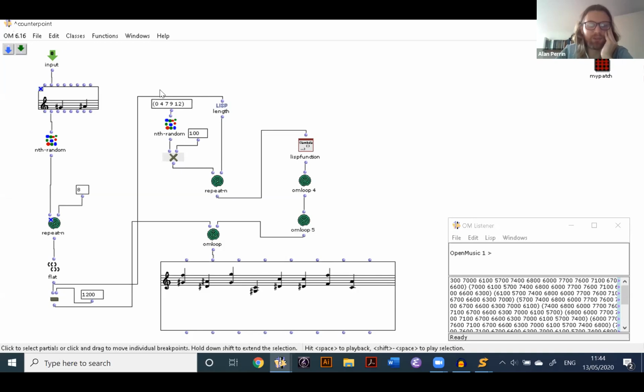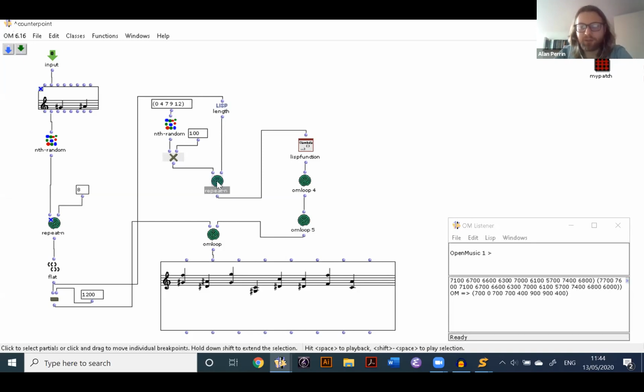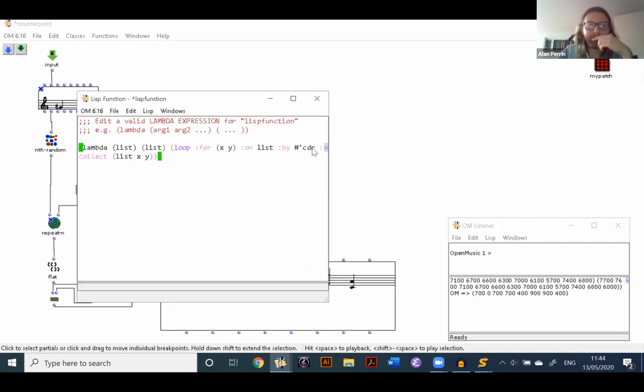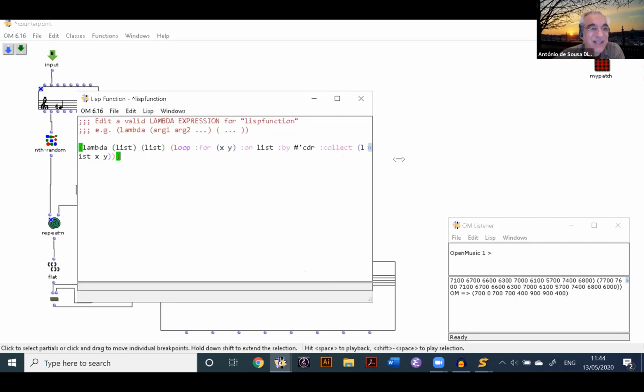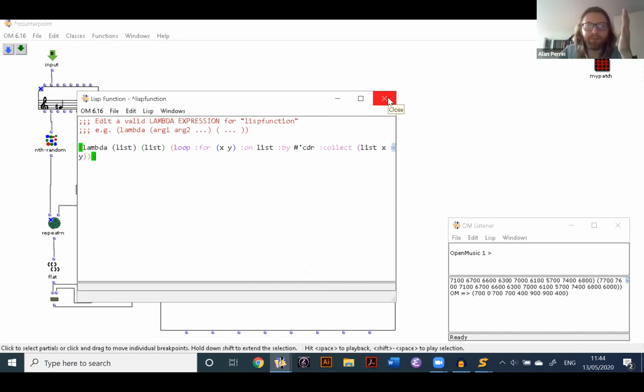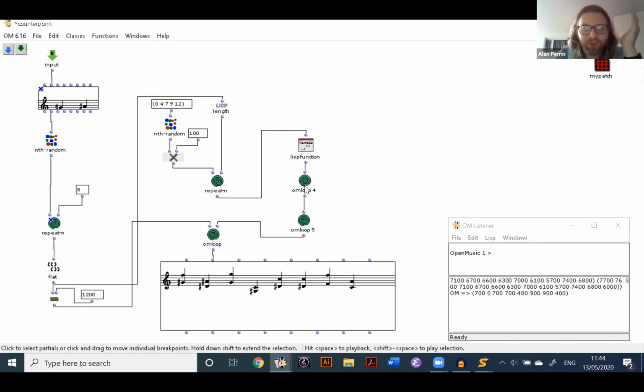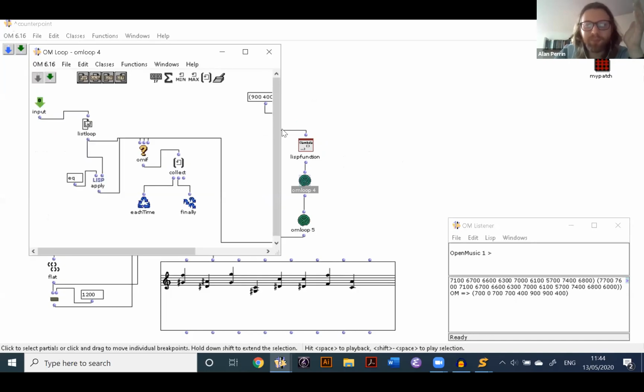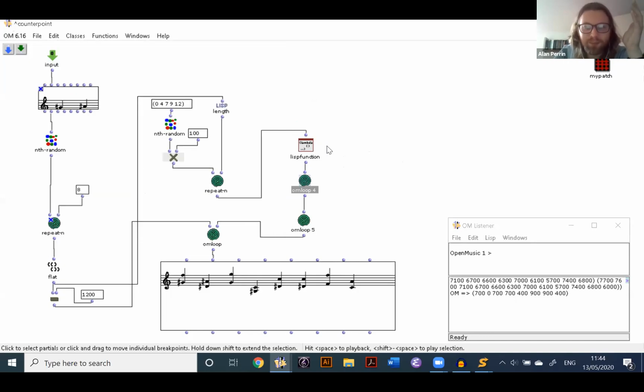I extrapolated what the scale degree was going to be, and then obviously I needed 8 of those, so I used my Lisp length to pull 8 intervals, then building a loop. I need to try and remember what all these do. These could be more neatly done, but I think this is more or less